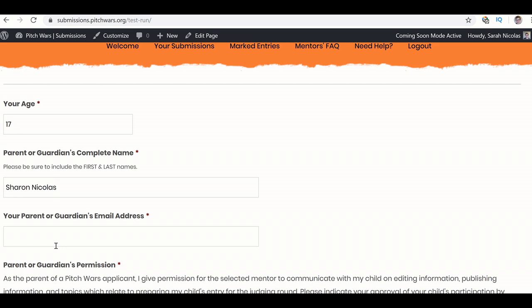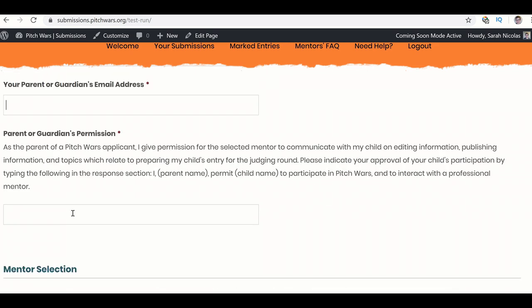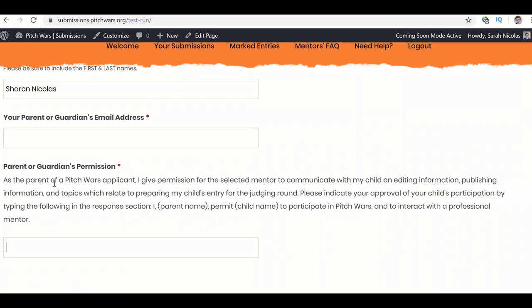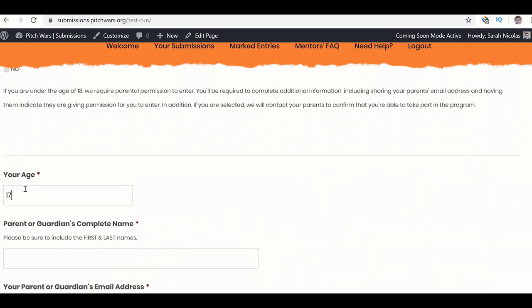And then you're going to want to enter the parent's email address. Now, this is very important. The parent or the guardian is the one who needs to fill this out. This is basically a digital signature. So if you sign this for your parent, then that is technically fraud. So we want to make sure that you are not doing that, that you actually have your parent with you